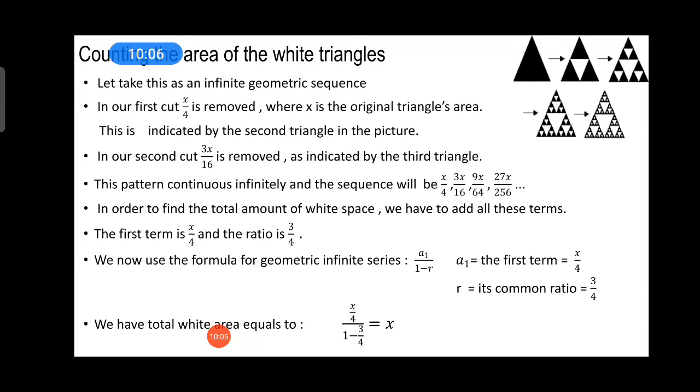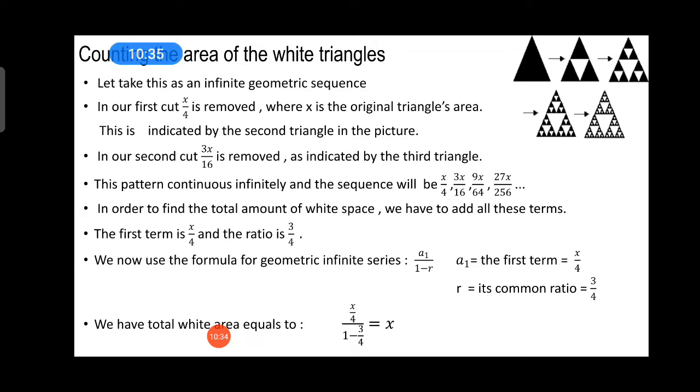In order to find the total amount of white space, we have to add all these terms. The first term is x/4 and the ratio is 3/4. We now use the formula for a geometric infinite series, a1/(1 - r). a1 is the first term, which is equal to x/4. r is the common ratio, which is equal to 3/4. We have total white area equals (x/4)/(1 - 3/4), which is equal to